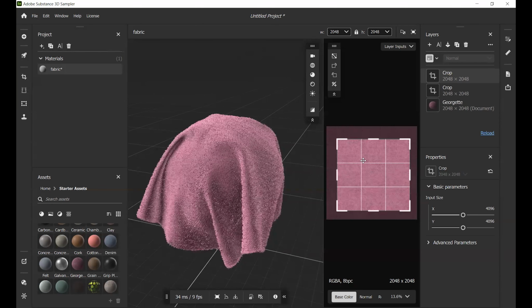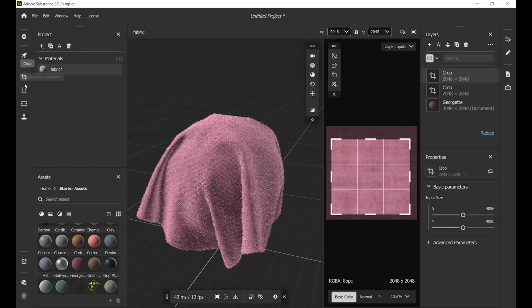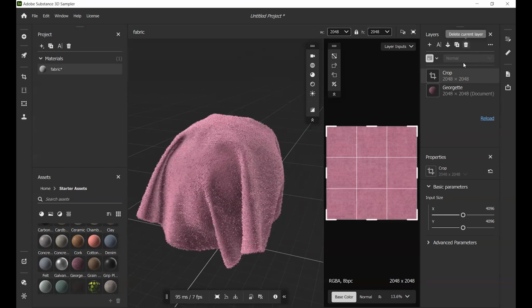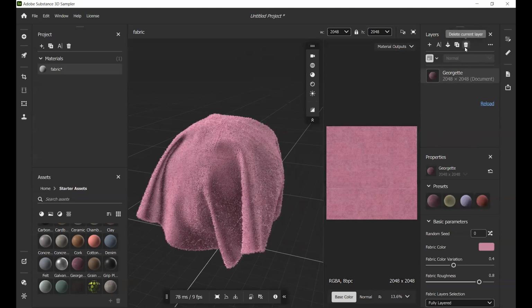You can take a smaller sample. And the same way you can change perspective, you can transform. We will use these tools also, but now it's just an introduction. We have the clone stamp. Usually we can find clone stamp in Photoshop, but here we also have it, and we will use this tool. Next, let me delete this for now.